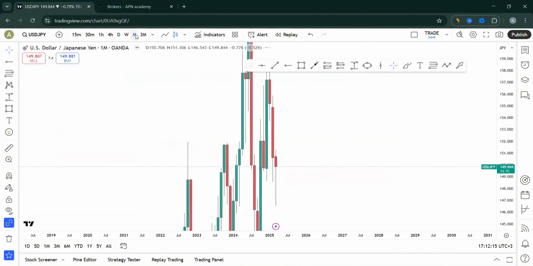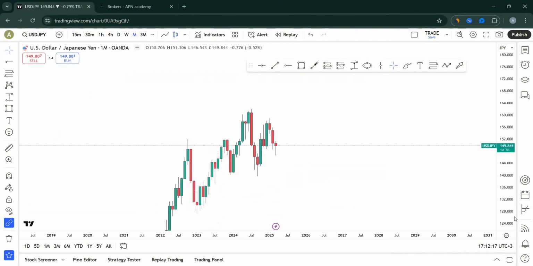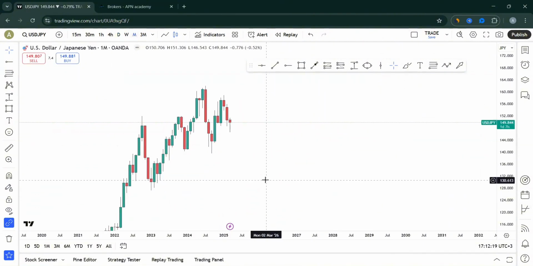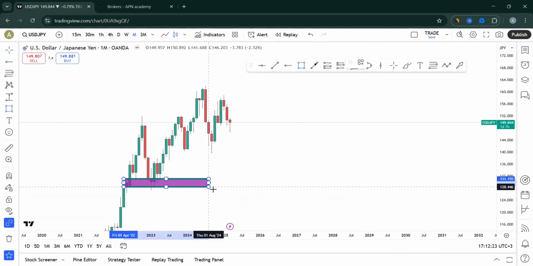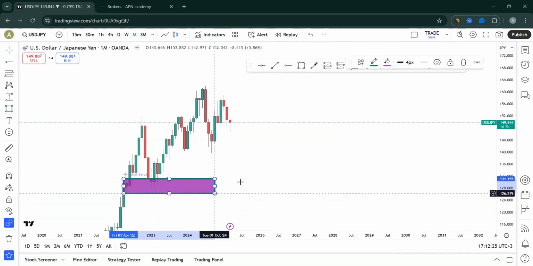As usual, we start from the monthly time frame. The process is just the same. Please, guys, do not change that, okay? So let's start from down here. We do have market coming to retest this level here. Let me just change the color